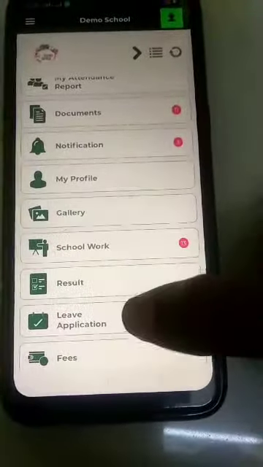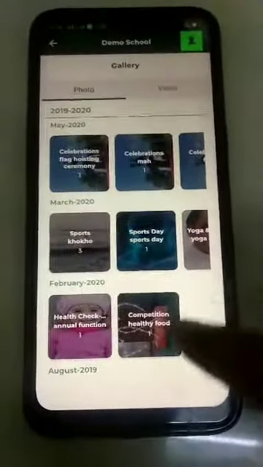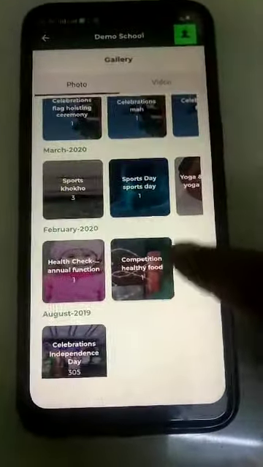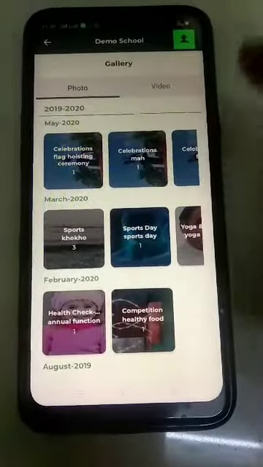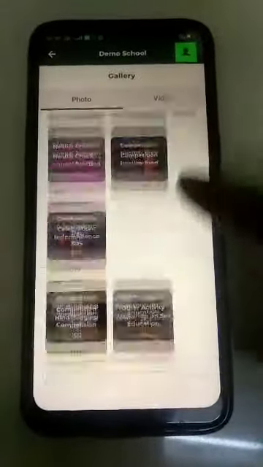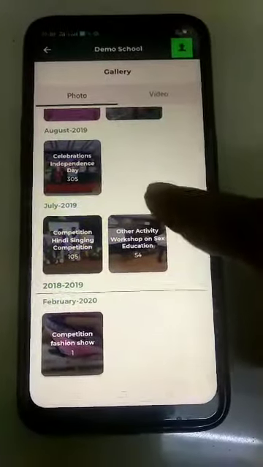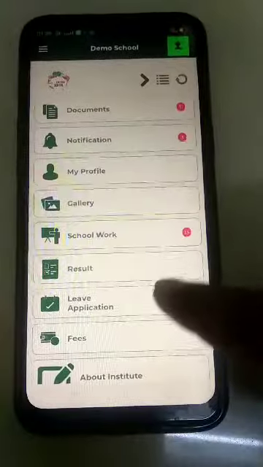And next one is the gallery. The document and gallery modules both have the same functionality but differ in structure. In the gallery module, photos and videos are separated. Photos are viewed in one folder hierarchy, and videos in another. Based on the event, all this information can be viewed by parents also. It cannot be deleted from the student side. That's where security is maintained.